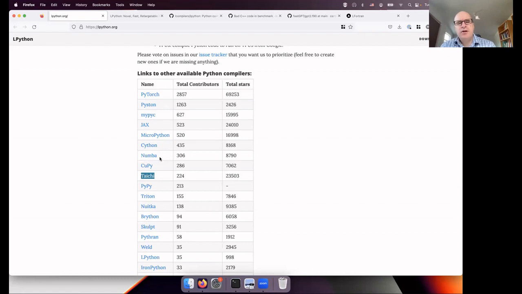So then you might wonder, okay, why would that be? We don't know exactly, but I think one of the tenets of LPython is that we are very strict in the typing. So we don't do any kind of type inference. We give you beautiful error messages, but you have to type everything explicitly. We don't do implicit typing, we don't do implicit declarations, we don't do implicit casting. Everything is explicit. And that means the compiler always knows at compile time the types of everything.